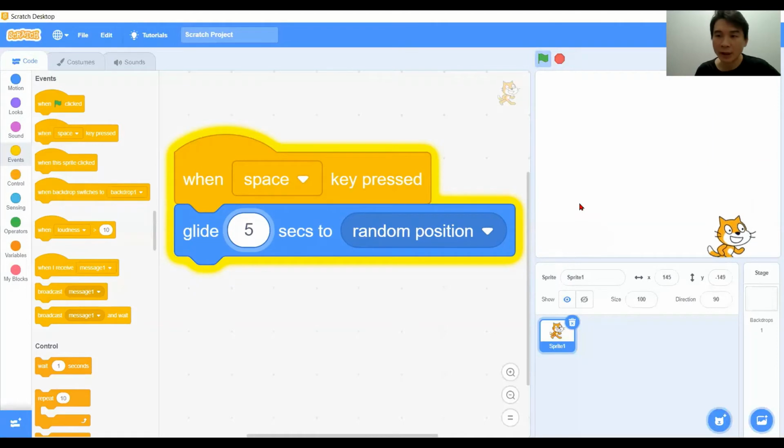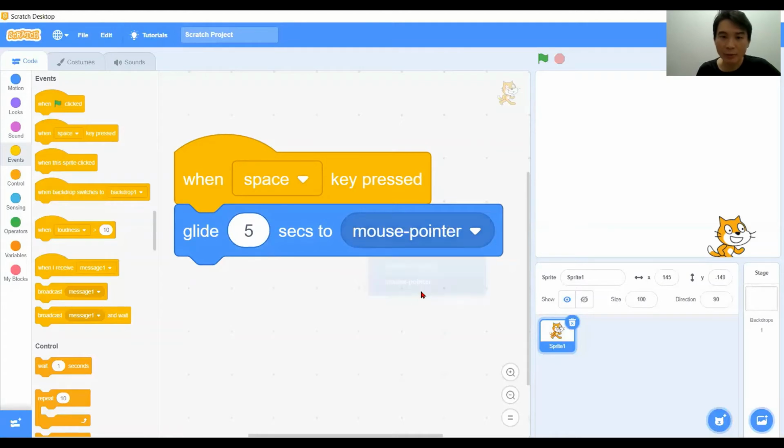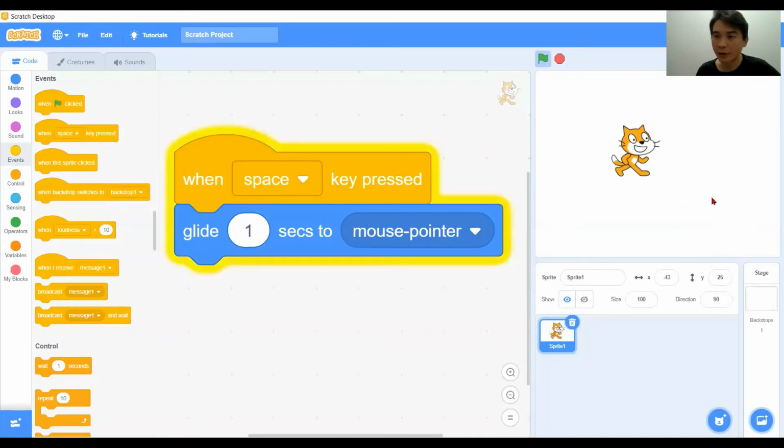Okay, now that we understand the random positions for this gliding, we can go to the mouse pointer and change it back to 1 second on the seconds parameter, and we have the green flag again. This time we are going to glide the character to the mouse pointer. So let's say my mouse pointer is located here and I press the space bar, the character will glide to that location. See? It will exactly reach your mouse pointer